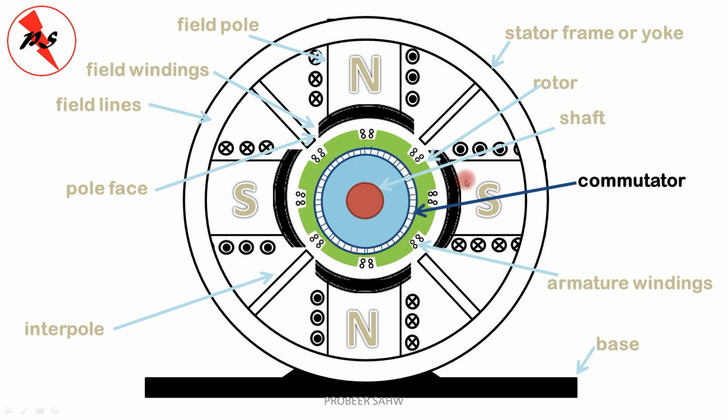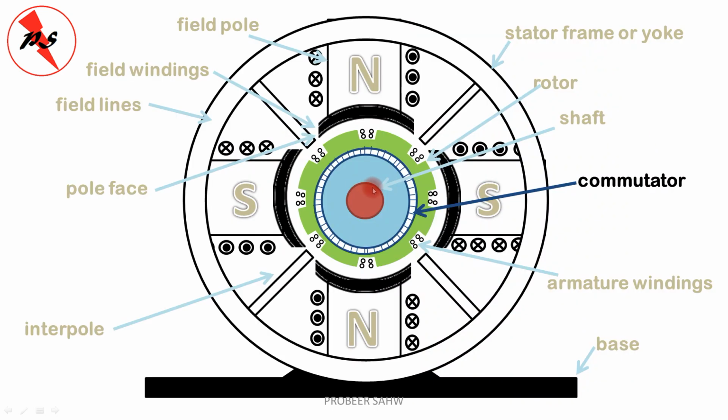How that happens will be taken up in some other video, but we have to remember that in the construction there is this very important element known as the commutator. The role of the commutator is to collect AC electricity from the armature windings and then pass it on to the external circuit in the form of DC electricity. And the current collected by the commutator will be sent to the external circuit through